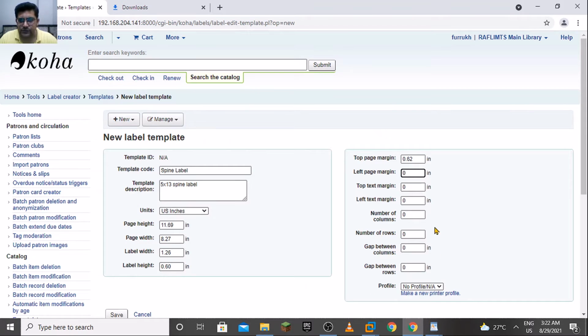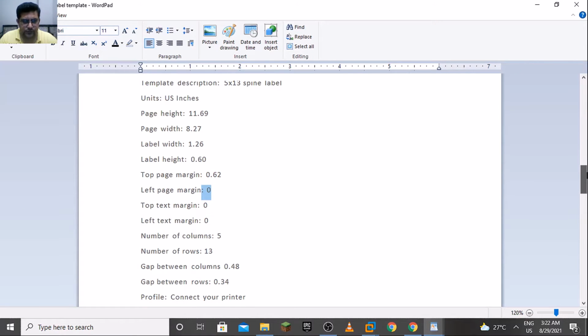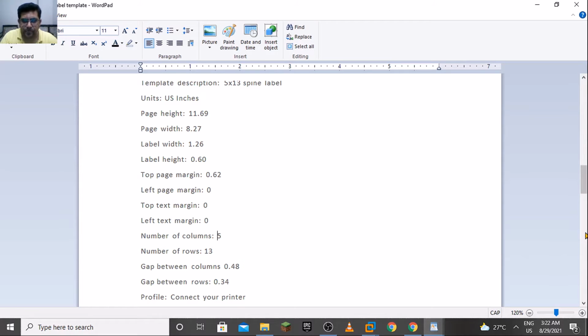Left margin 0. Number of columns 5. Number of rows 13. Gap between columns would be